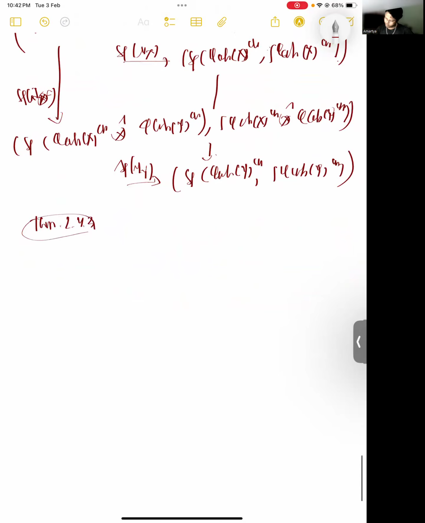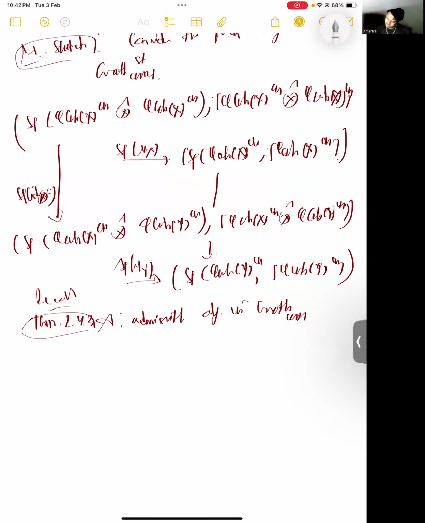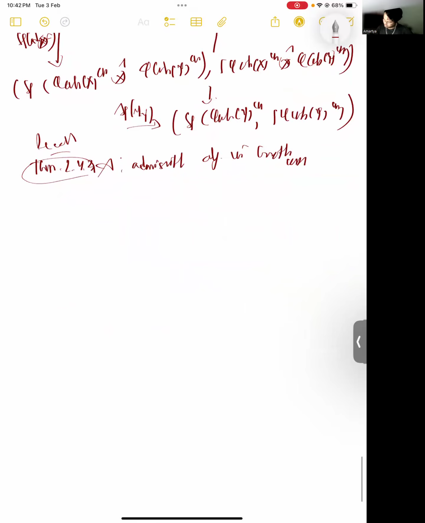We've seen this before, but recall. I'll just write it down. So A is an admissible algebra in GraphComp and M is a left A module in GraphComp. Then